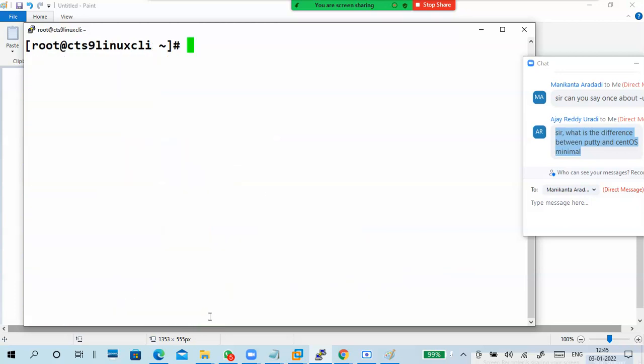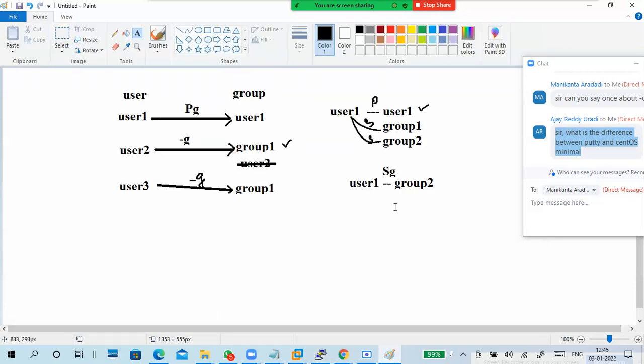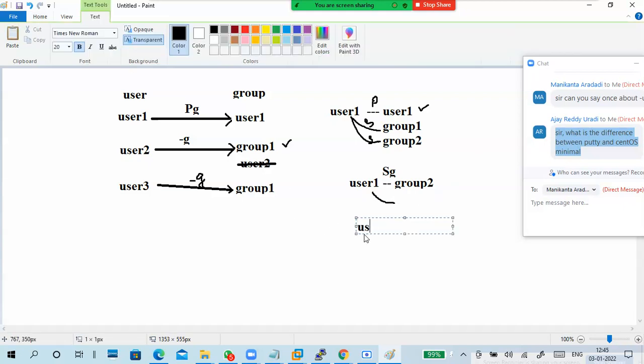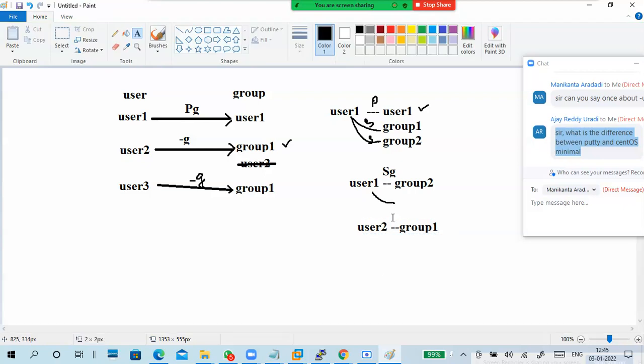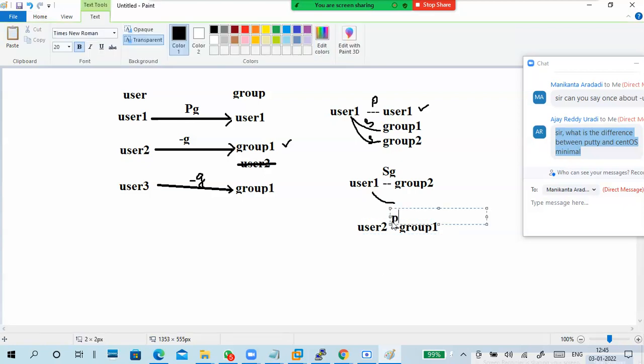Guys, a few more things with group modification. So user one, what is the primary group? I will tell first. User two, what is the primary group? Group one, it is a primary group, right?